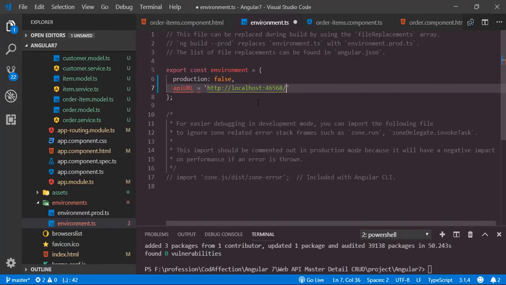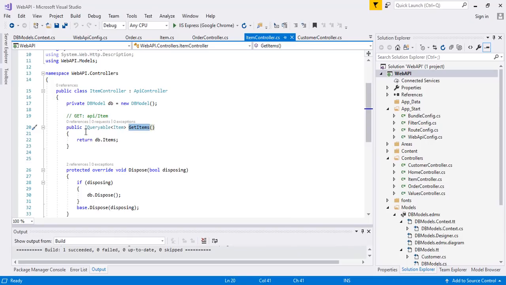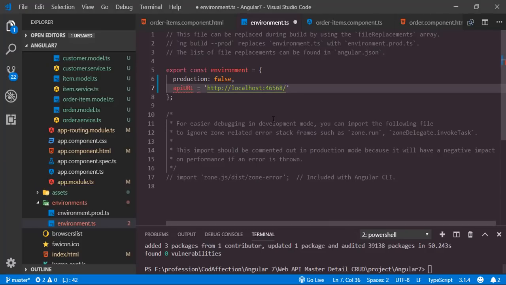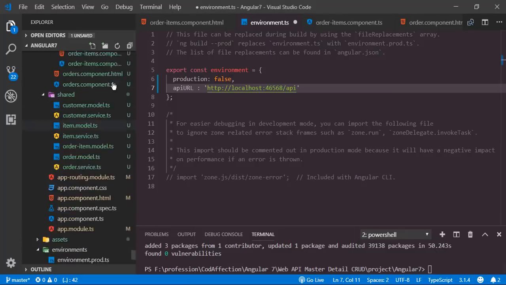Into that, we have to append this api also, because all of the WebAPI methods have this prefix api. So we can add that here, slash. Sorry, instead of equal symbol, we have to use colon. In order to consume this WebAPI method get items, I'm going to use this service class here,